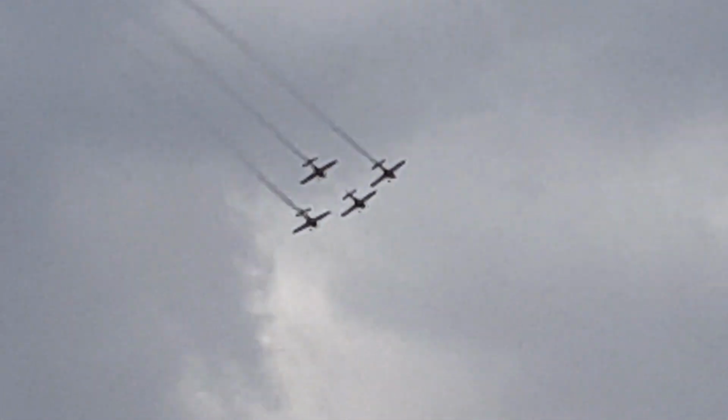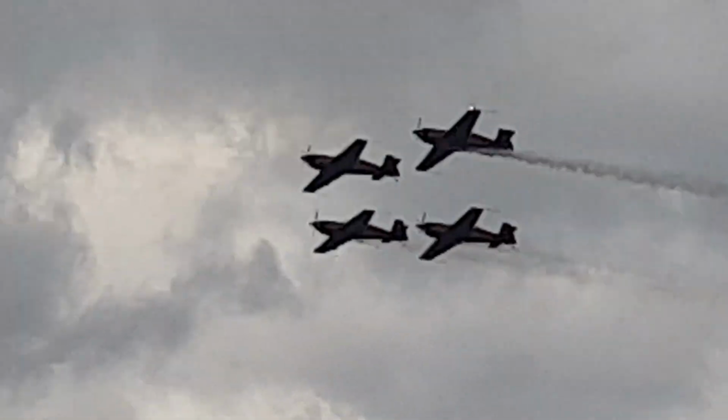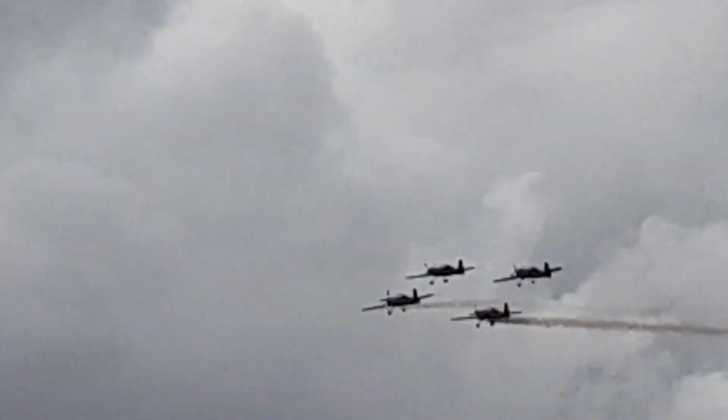Now, Mark will see a very nice slow roll, hopefully, from another aircraft in the display, another propeller-driven aircraft in the display later on. This is going to be a slow roll in box formation. One of the hardest manoeuvres we're going to see today, performed by a team watching formation. What makes this so challenging exactly? It's a manoeuvre that requires all three axes of the control system being...